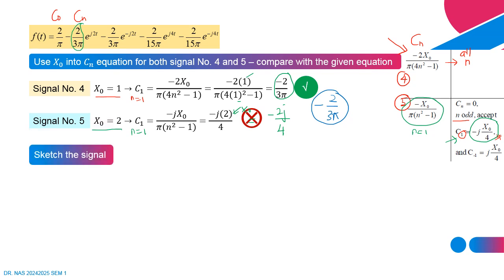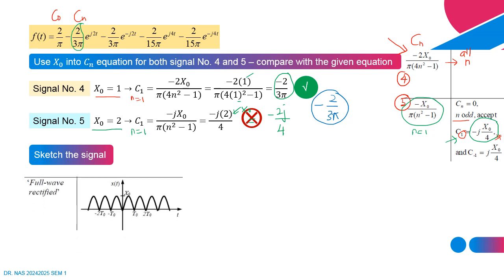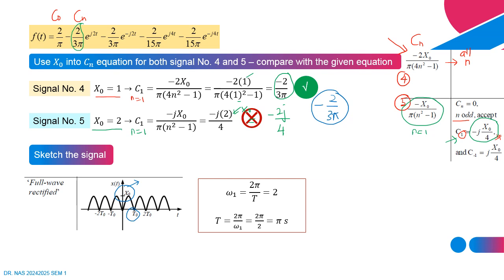So next, you need to sketch the signal. Okay, first sketch the signal from the table because we want to know which variables or parameters to be addressed in our sketch. Okay, next you need to consider the x0 values. So we choose signal number 4, and then the x0 equal to 1, while the t0